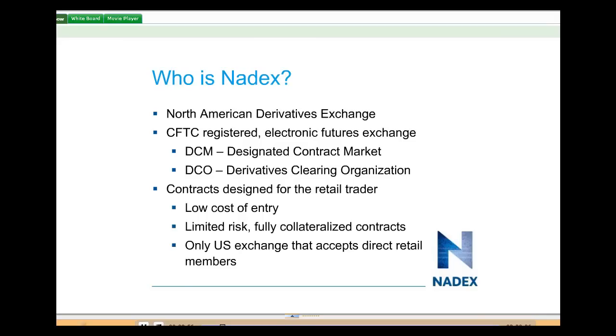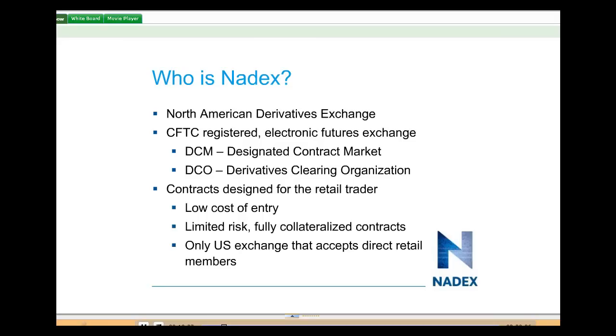What really makes us unique is all of our contracts, as Morgan mentioned, are designed for the retail trader. I know there's probably quite a few people on the call and on this webinar that have traded futures in the past, and as we see margins go up, gold I think had something like 5 margin raises last year. It becomes very difficult very quick, unless you've got $25,000, $50,000 to really participate, whether it be because of margin or market risk. One of the things with Nadex is really that all of our contracts are designed for you,